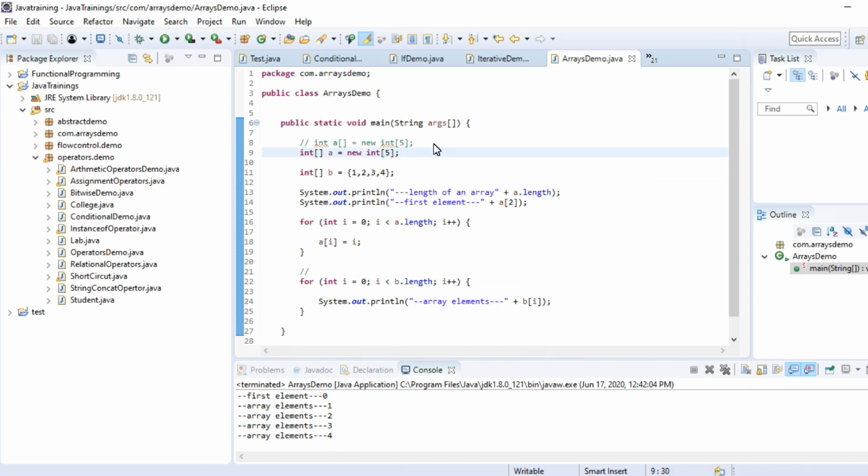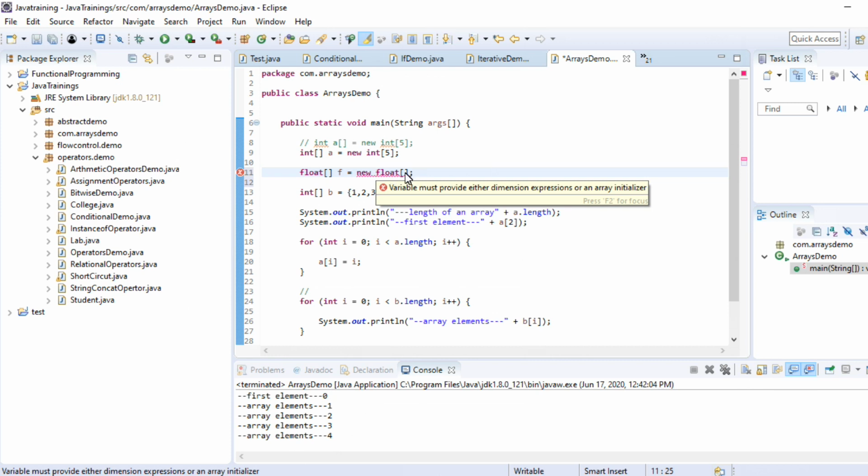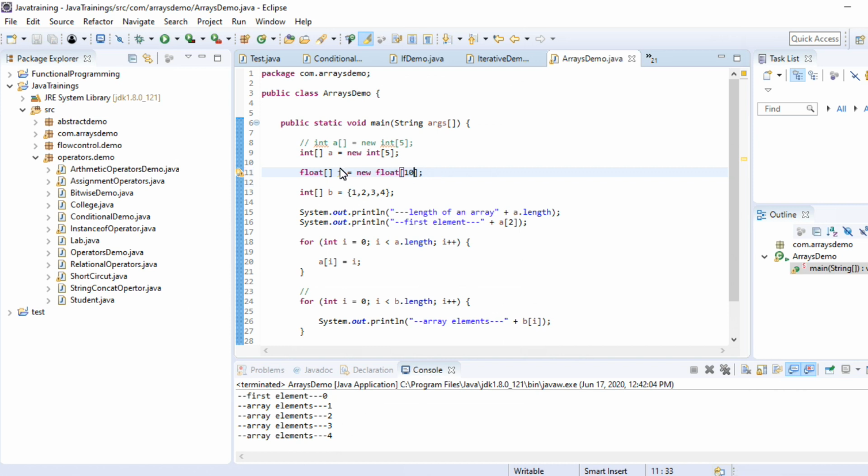Okay, so we'll check. If you declare a float array and try to print values, what will it print?